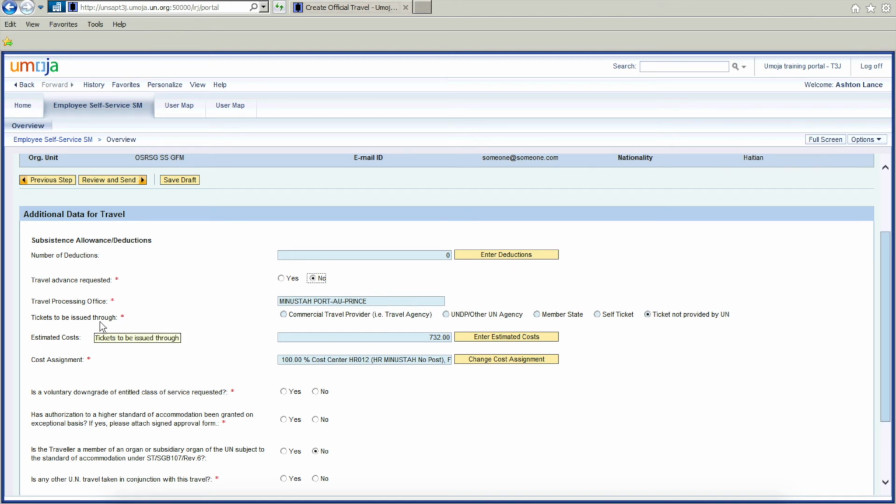The tickets to be issued through. This field is auto-grayed out based on the mode of travel selected in the itinerary. For the estimated cost, you see it has already been calculated. We do not touch this field either. And we move directly onto the cost assignment field, which will be populated by default. So there's nothing else we need to change in these basic fields here. We just scroll down